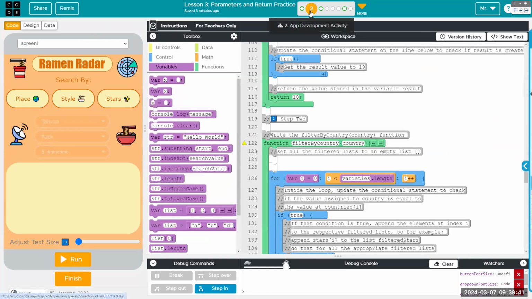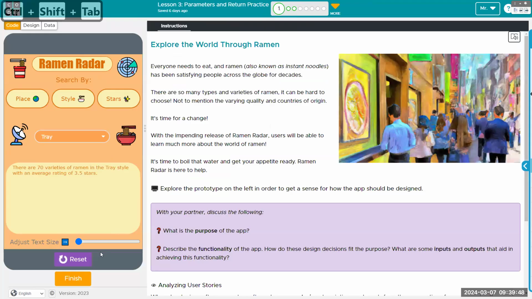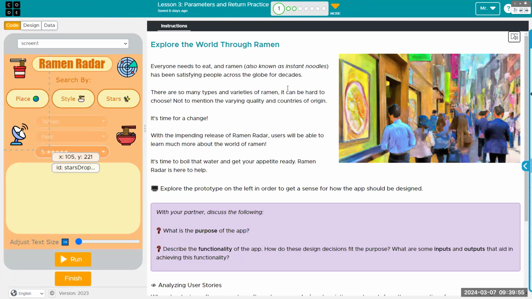So we're just going to stay in bubble 2, and we still have the example up, but I don't think the example is going to be that much use to us. We know what it's supposed to do. So let's go and